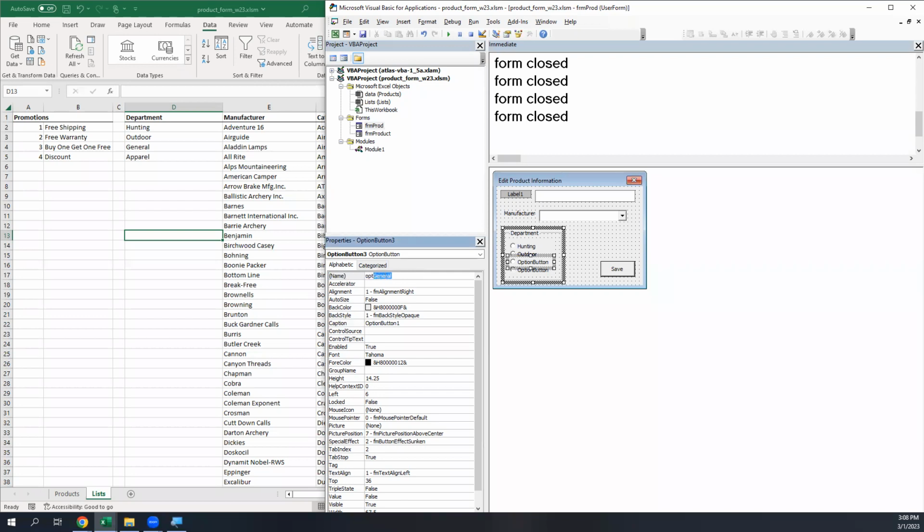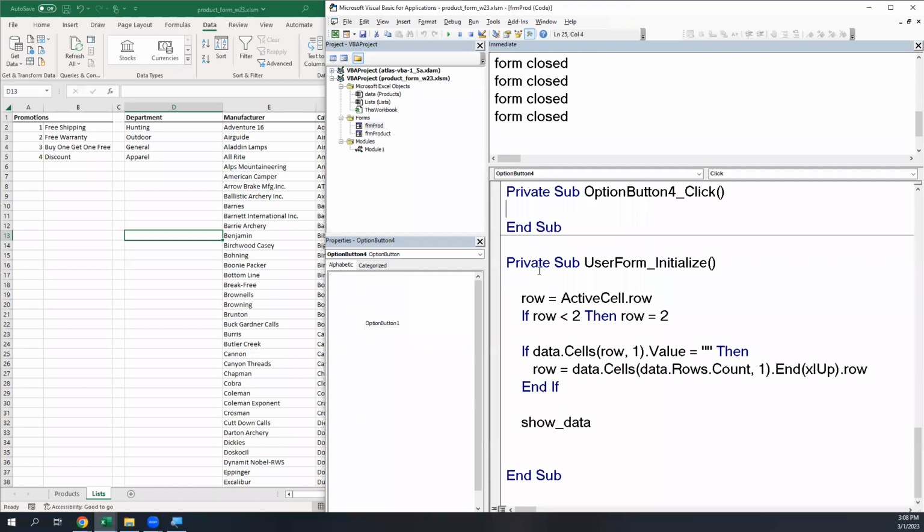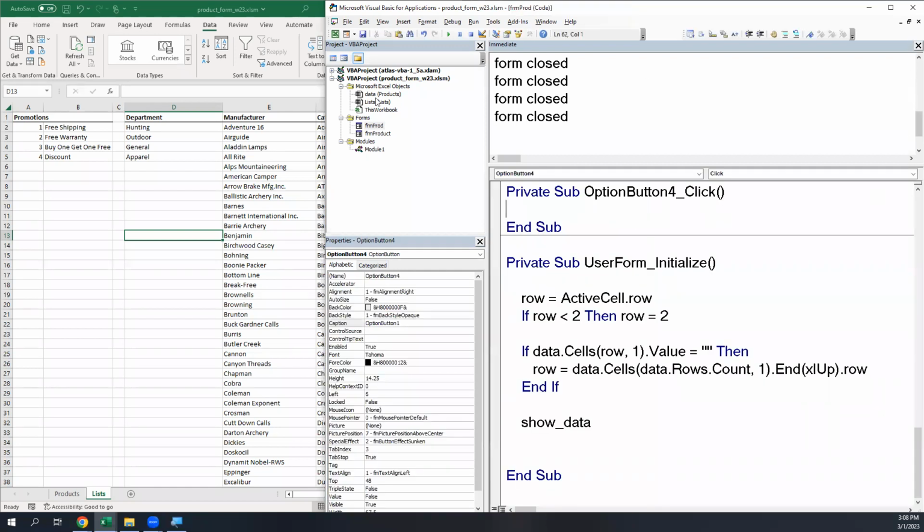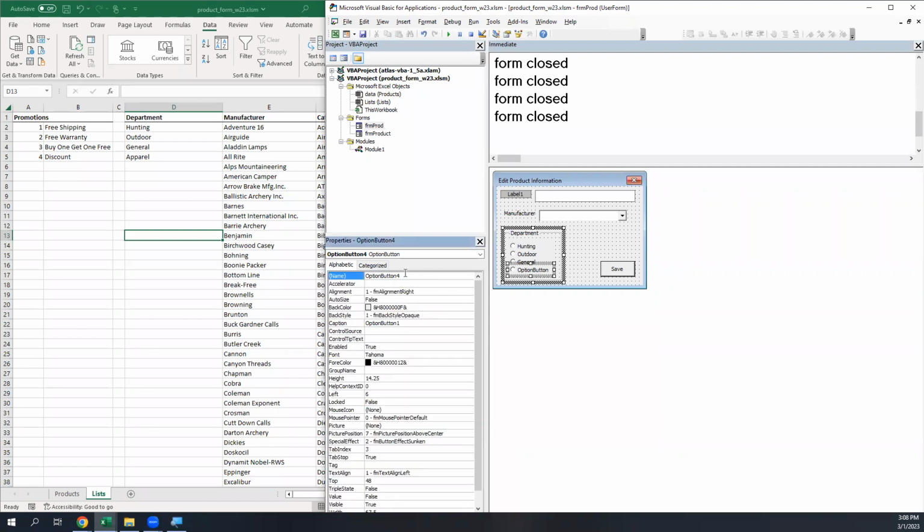Caption is general. OPT apparel. And my caption. Okay, so these now,